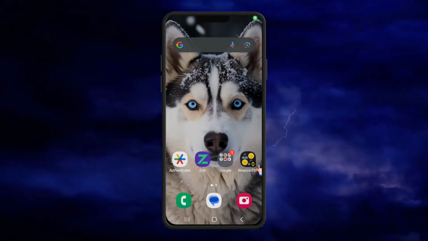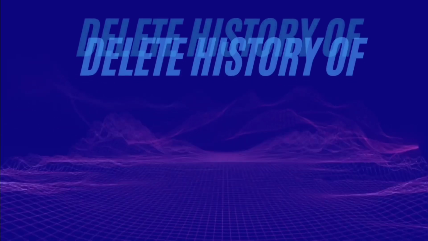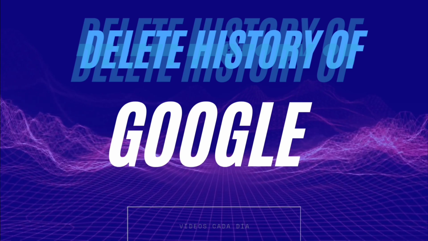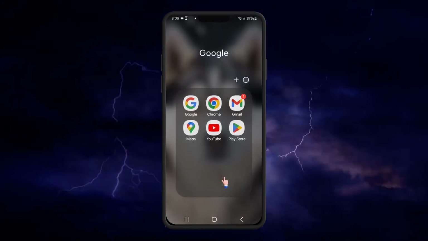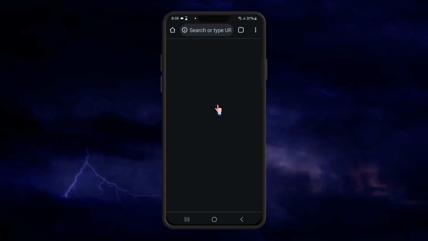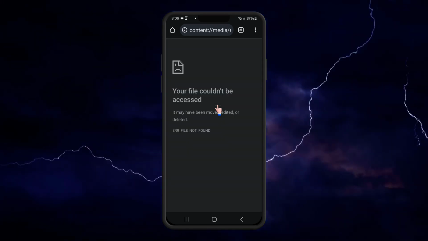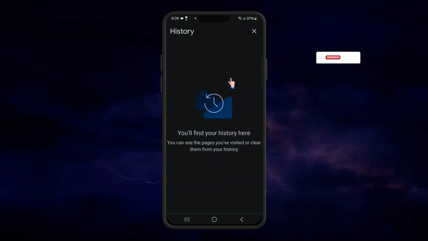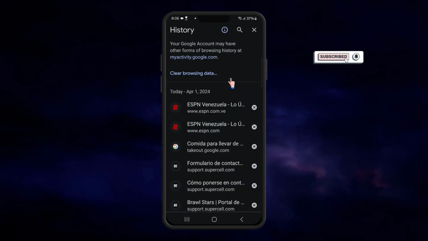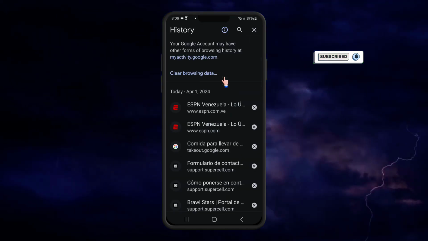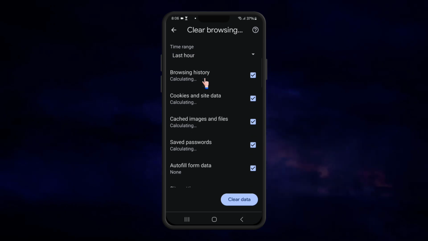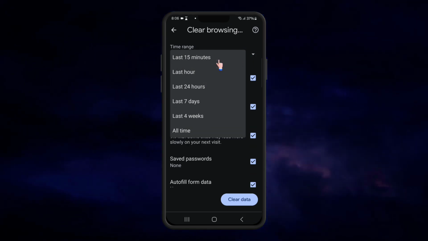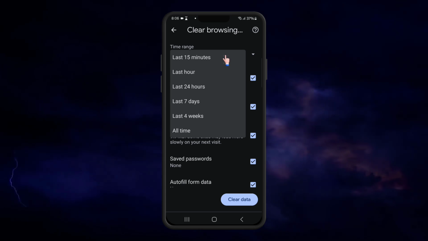In this video, I'm going to show you how you can delete all the history that you have in your Google account. First option, we are going to open the Chrome application, and in the upper right three dots we can see the history. In this history we have the option clear browsing data and time range, the last 14 minutes,